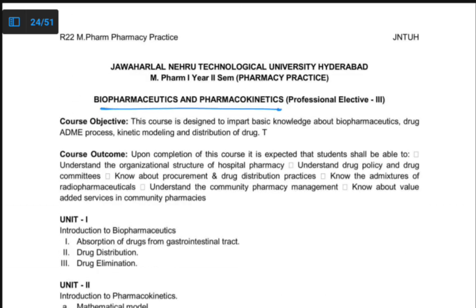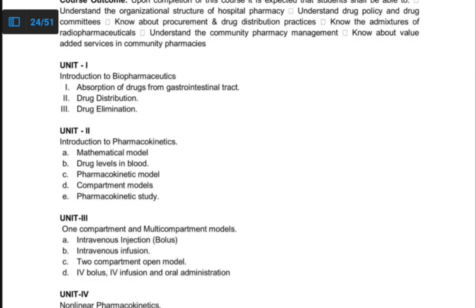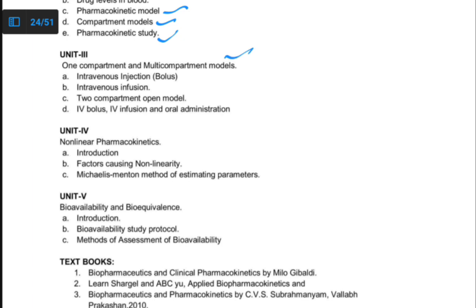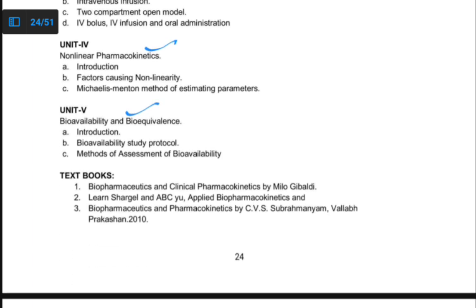And then we have biopharmaceutics and pharmacokinetics. In this, we have introduction to pharmacokinetics, drug distribution, elimination, and absorption, mathematical models, pharmacokinetic models, compartment models, pharmacokinetic studies, one compartment models and multiple compartment models, non-linear pharmacokinetics, bioavailability and bioequivalence,